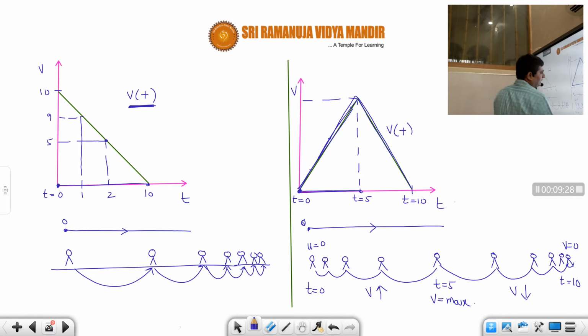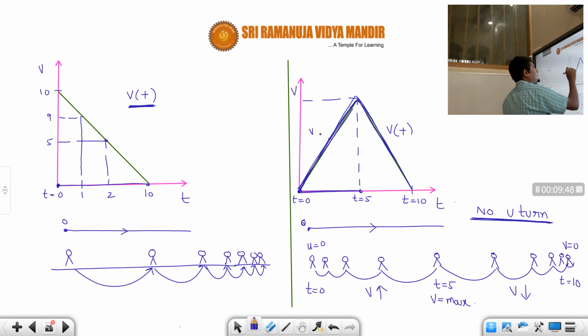Okay, students. So generally students make a mistake that by seeing this graph, the VT graph like this, they think that the body has taken a U-turn like this. Okay. Here the body has not taken any U-turn, students. No U-turn. In the next class I'll tell when the body has taken U-turn. I'll explain. Okay. Here the body has not taken U-turn, students.